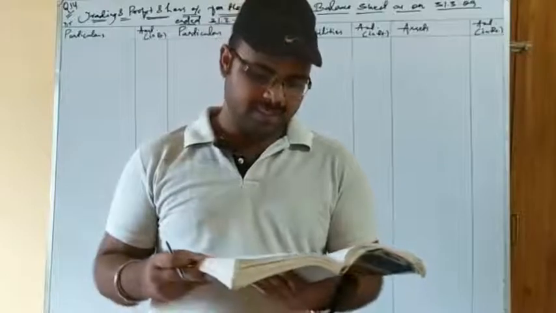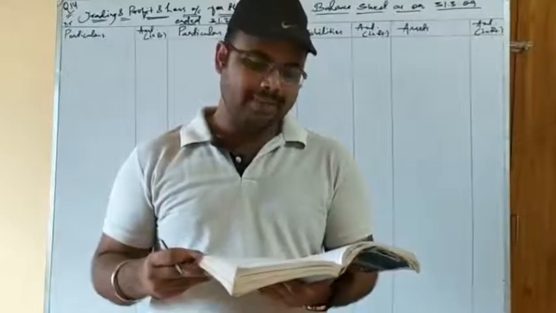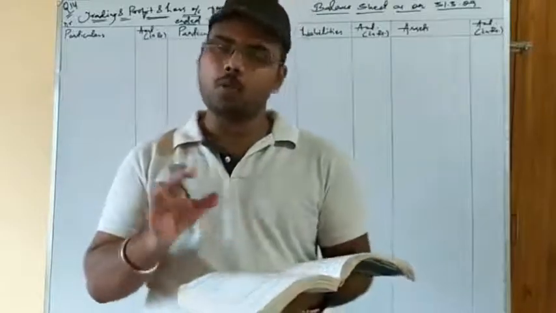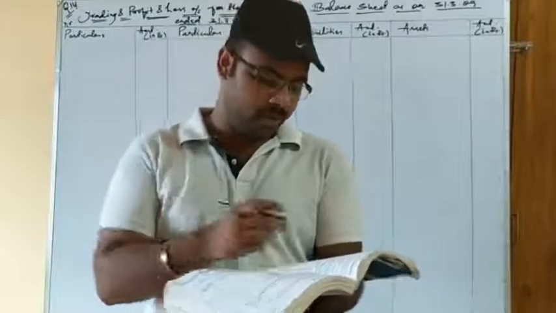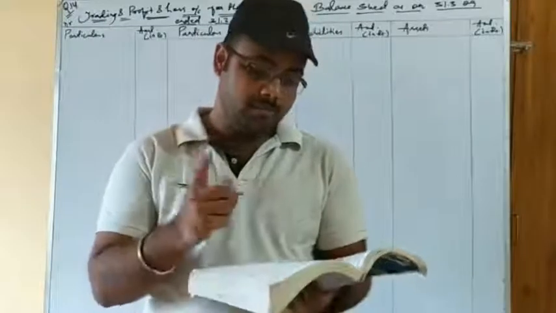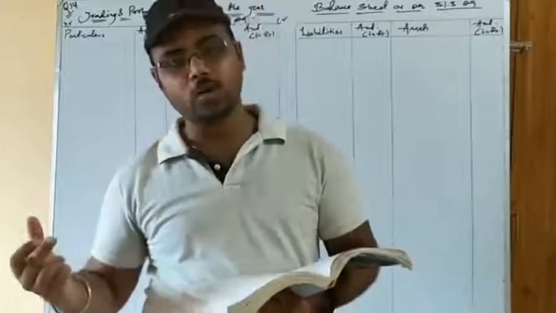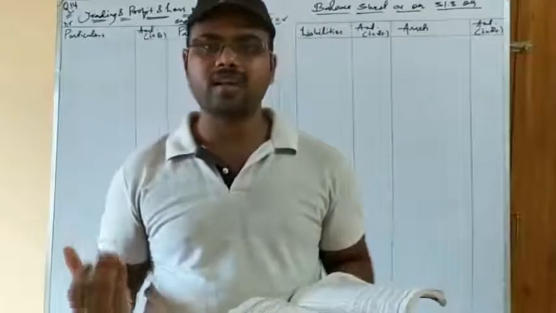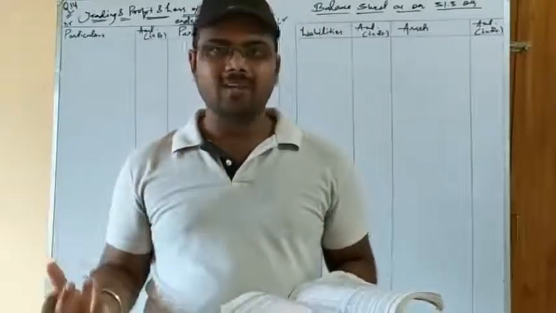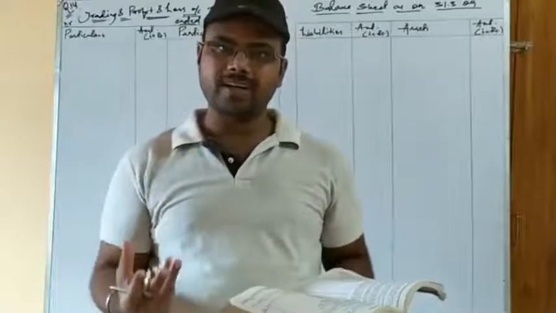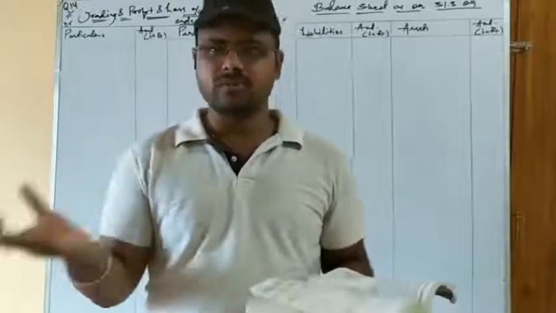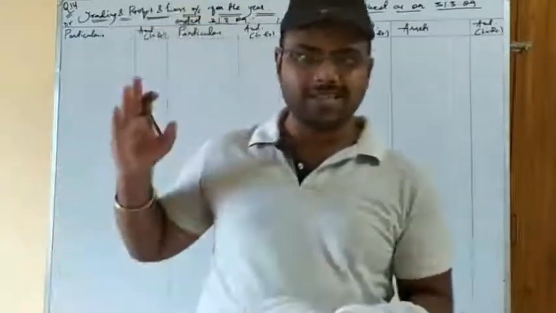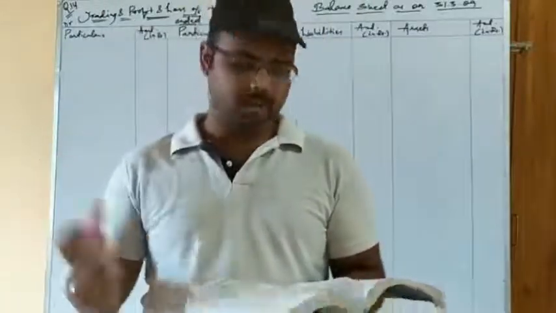Okay. The next adjustment is asking to allow interest on capital and drawings at 5% per annum. So see, interest on capital and interest on drawings are both related to capital adjustment. But remember I have told you interest on drawings is added to drawings or deducted from capital. Both are the same, because drawings are anyhow adjusted from capital. So you can add the amount of interest on drawings to drawings, or you can deduct it from capital, whichever is possible, because in the end you have to deduct the total amount from capital so that you get the final adjusted capital value under the liability side of the balance sheet.